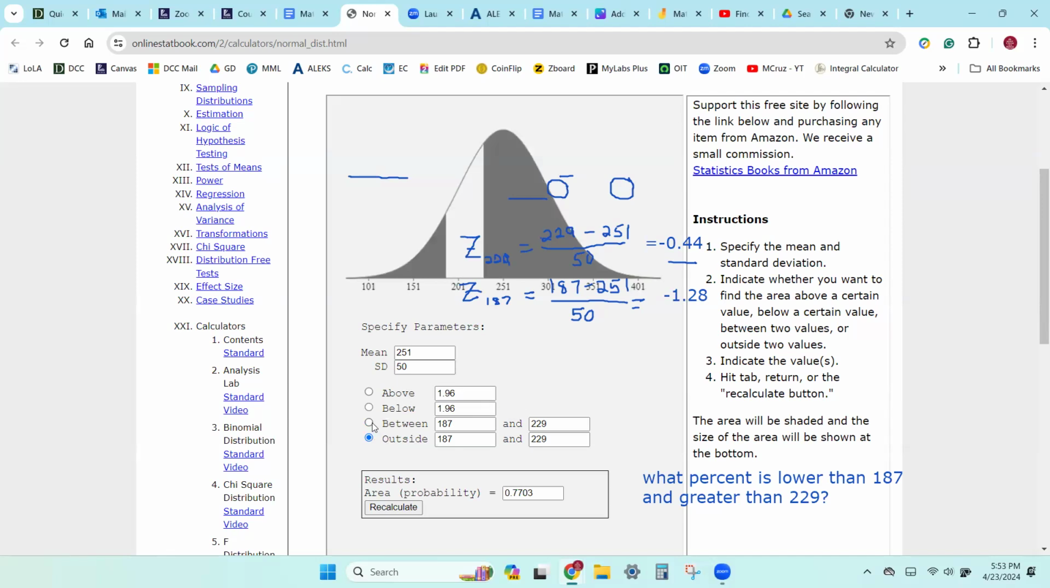All right. What do you notice about those two if I switch back and forth between them? Complement. So just pay attention that if you get this one that says lower than 187 and greater than 222, then what you're going to do is you just use the complement rule. You can take 100 minus the 22.97,